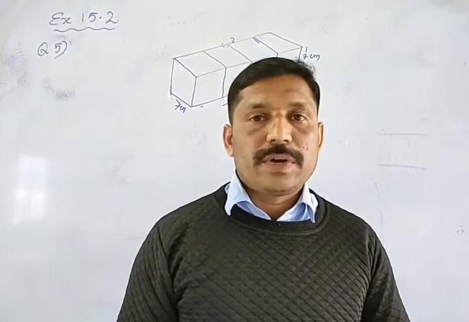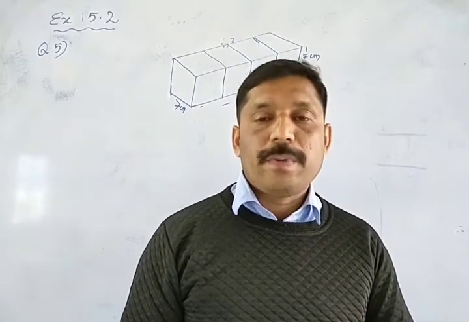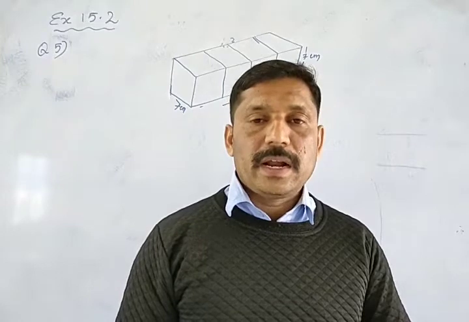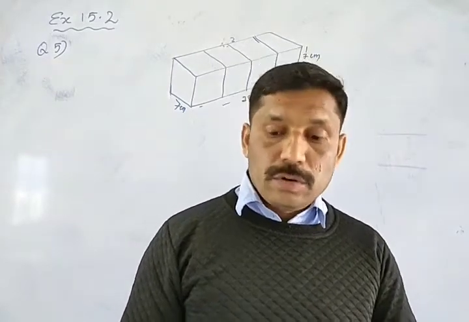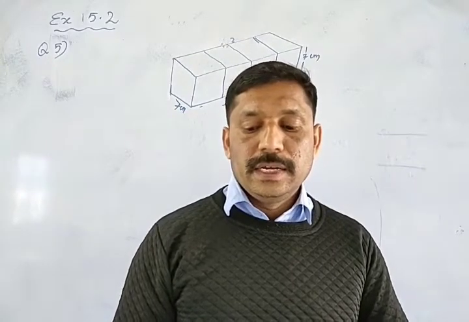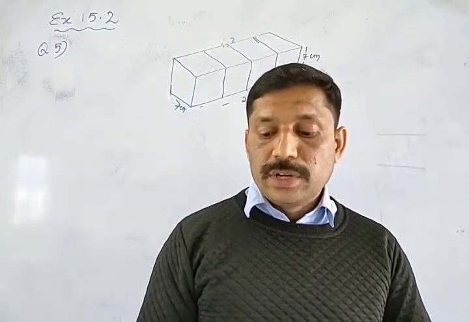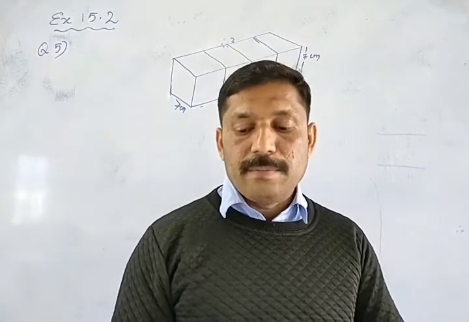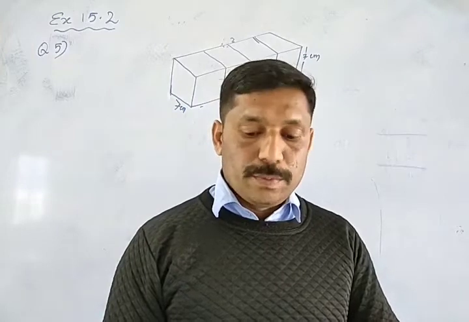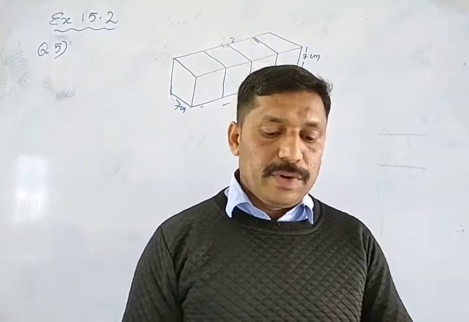So here, the lateral surface area of the cylinder we must find out. Lateral surface area is equal to 2 pi r h. Already 2 pi r is given. That means the circumference of the base, that is called 2 pi r, is given, 250 centimeter, and height is also given. That circumference should be multiplied by height. That means 250 into 1.25 meter. One is given in centimeter, another is given in meter. So you change it into a common unit, like you change meter to centimeter. Both numbers you multiply. That means 250 centimeter into 125 centimeter you multiply, then we get the lateral surface area.